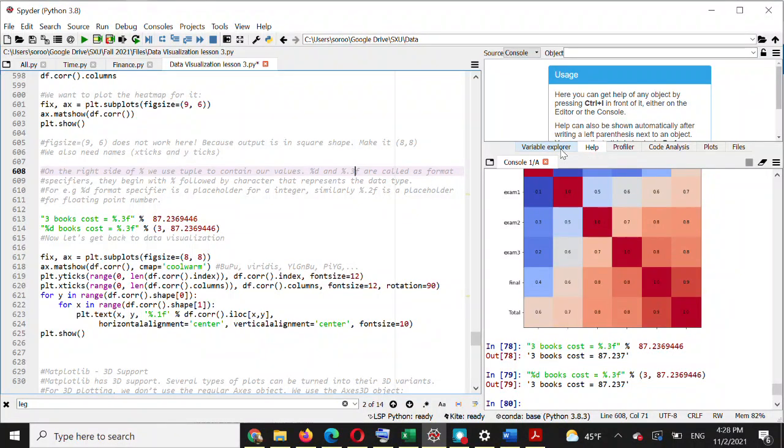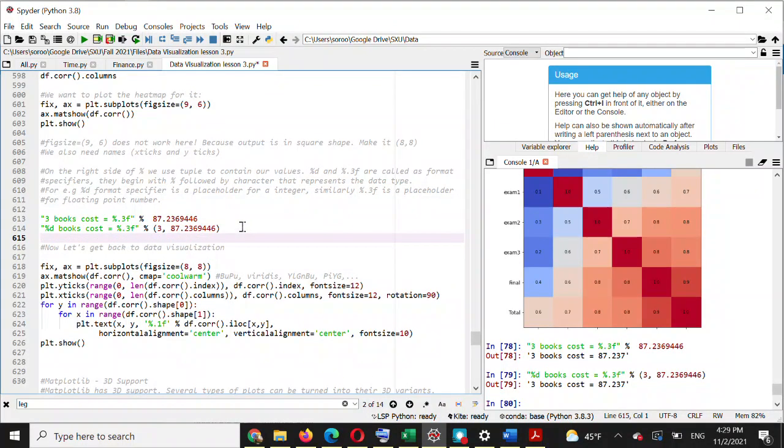The percentage D format specifier is a placeholder for integers. For that we use D, and similarly percentage point, let's say 3F, is a placeholder for a floating point number. So this is how you can replace a number in a text. With that being said,